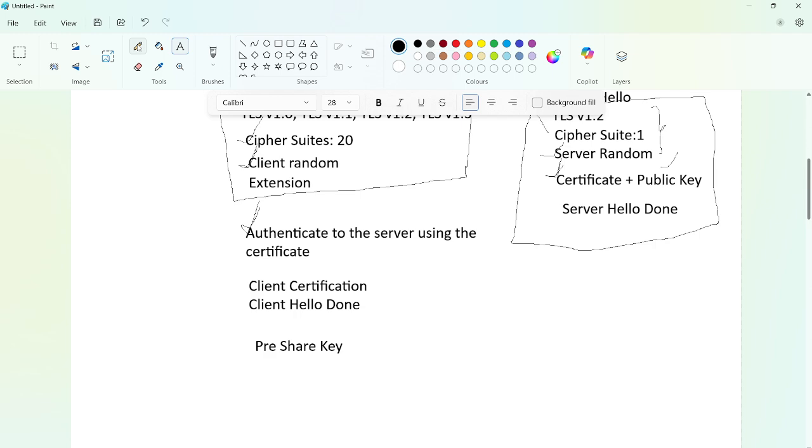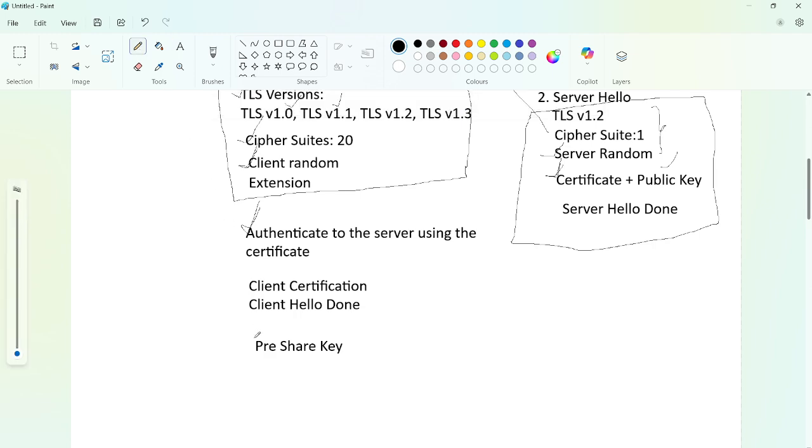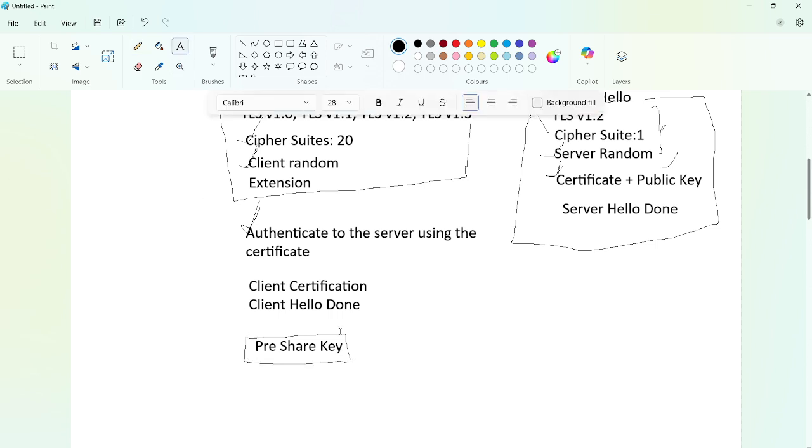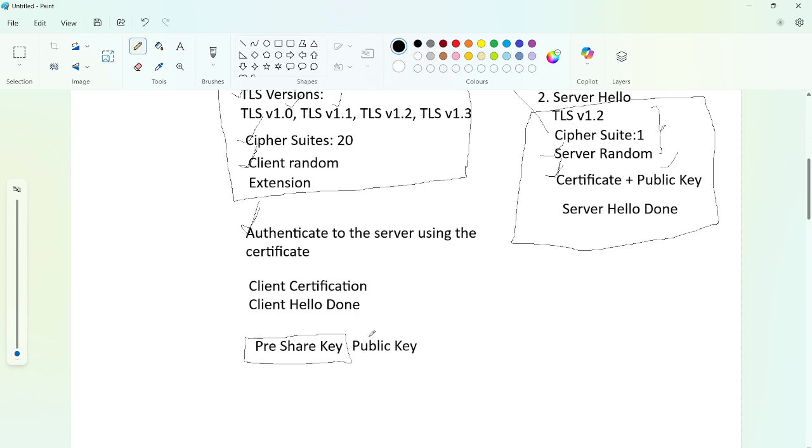The client is going to encrypt this pre-shared key using the public key shared by the server. Whenever you see the public key, it is helpful to encrypt our data.